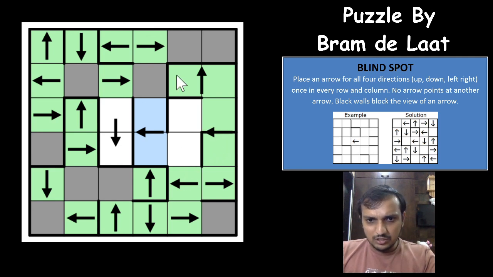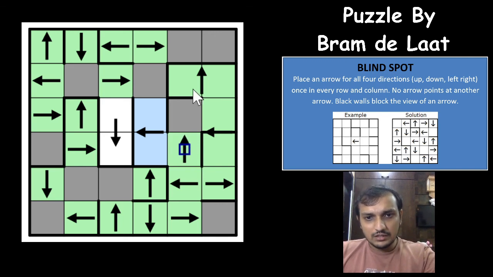you need the upper and the lower arrow. Upper, it cannot be here, lower also cannot be here, so this is a cross, which means that this would have to be the upper arrow, and this would have to be the lower arrow, and that gives you this as the upper arrow.